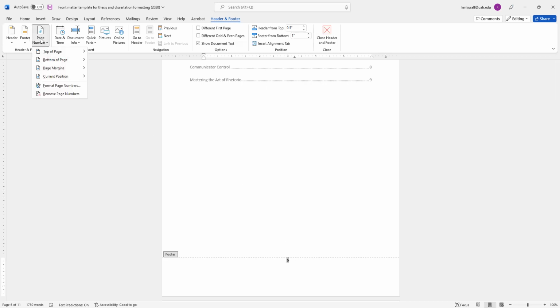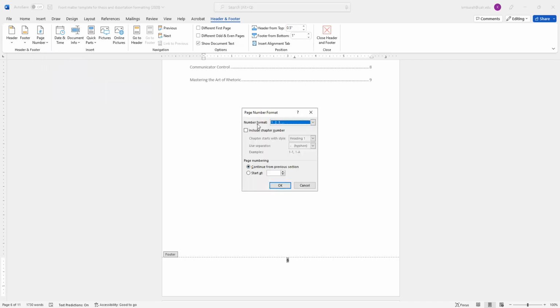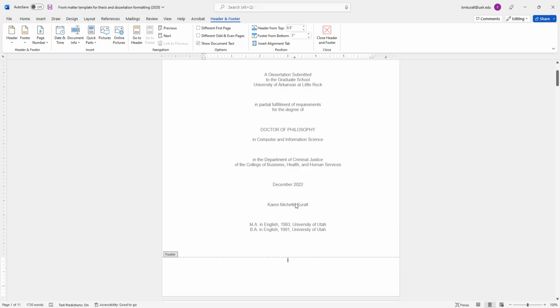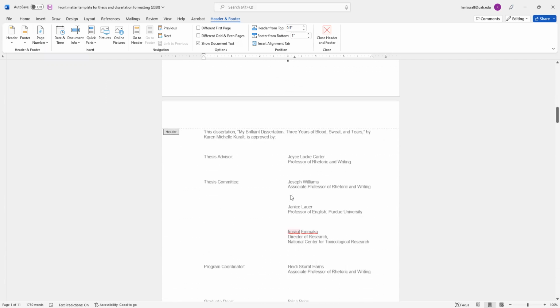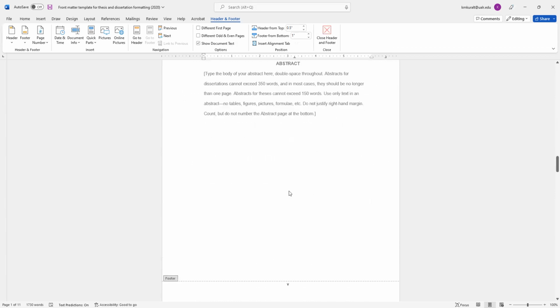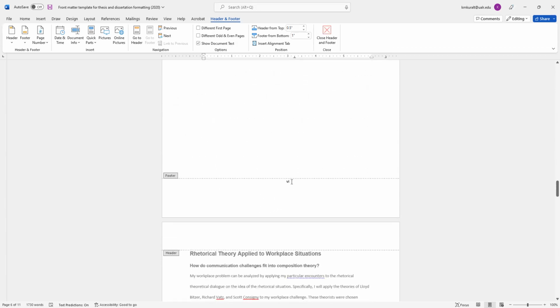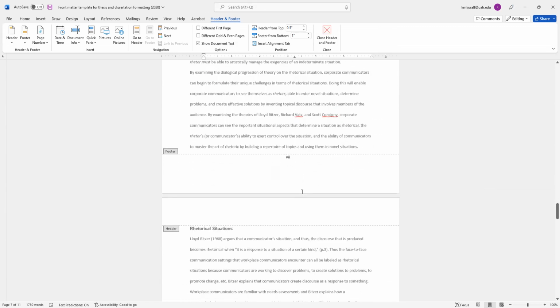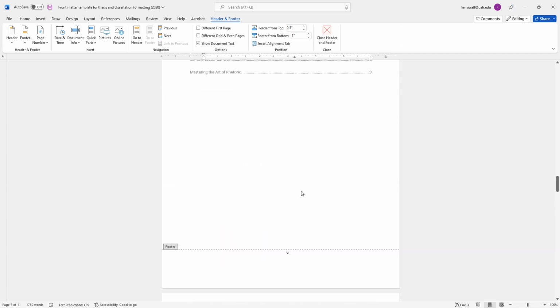Okay, I highlight the page number, come back up here. I'm going to choose format page numbers. And notice that there's a section here called number format. So here's where I can change it to little i. You choose that. You leave this, continue from previous section. And okay. All right, so now you've done the first step. You have got a little Roman numeral 6 down here. And the only problem is you've also got little Roman numerals on everything. So now we have to get rid of them.